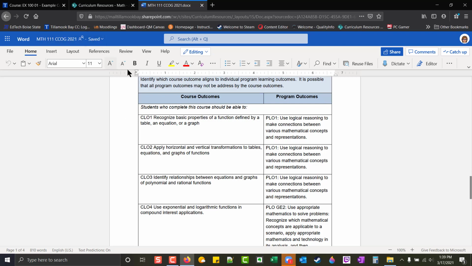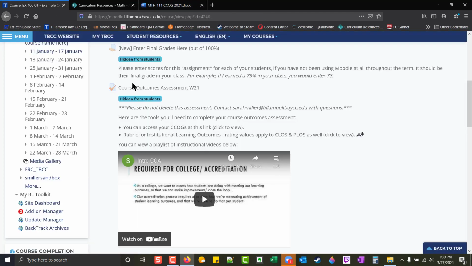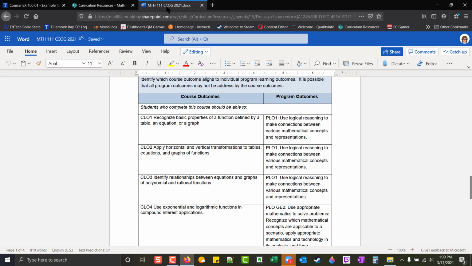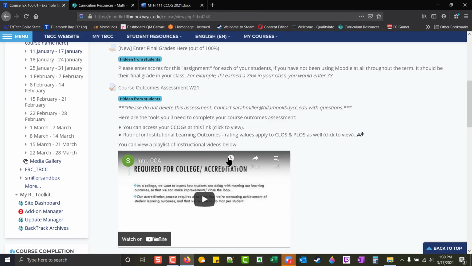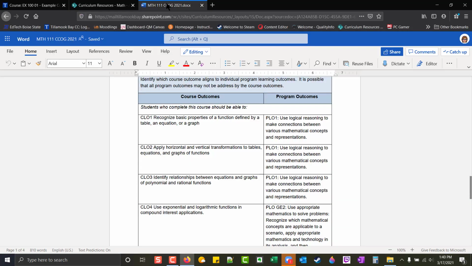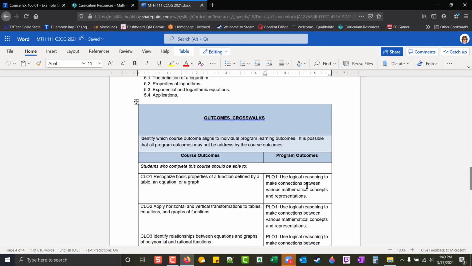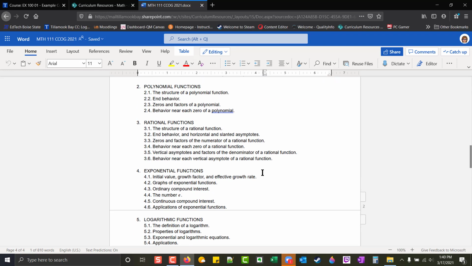In order to score the outcomes, we need to apply them to an activity in Moodle. So we have this outcomes assessment quiz, and we need to apply the outcomes for Math 111 to that quiz. And you'll see that if you scroll down to the outcomes crosswalk in the CCOG, you'll see your